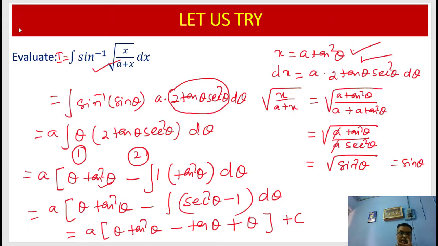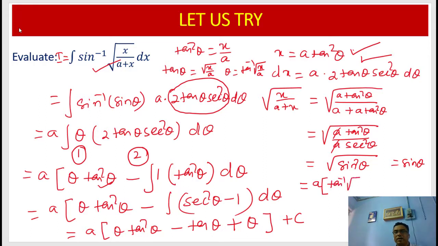Now let us change this to x. So how shall I change this to x? Then what is theta? Let us see what is theta. Tan square theta is x by a. So what is tan theta? Under root x by a. And what is theta? Tan inverse under root x by a. Got the idea? So I write theta as tan inverse under root x by a